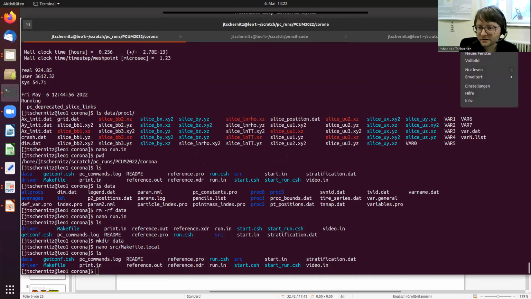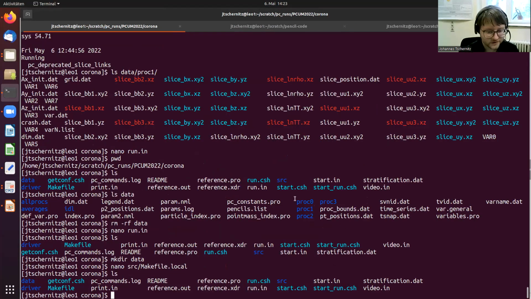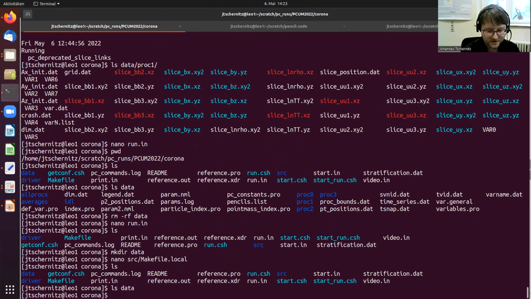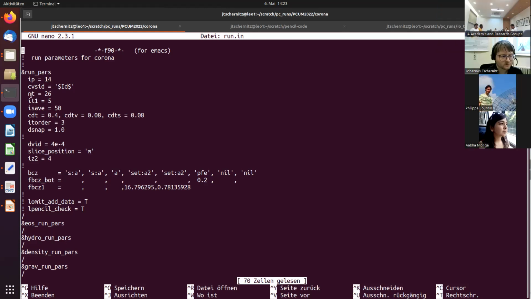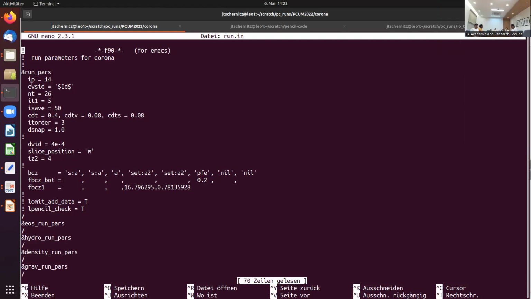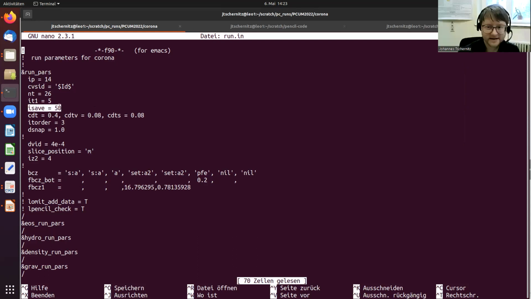Okay, that's good. So here we have the Corona module with an empty data directory. At first, I will show you the run.in file. Here, the parameters which are used to control the output are in the run pars. So here we have the isave